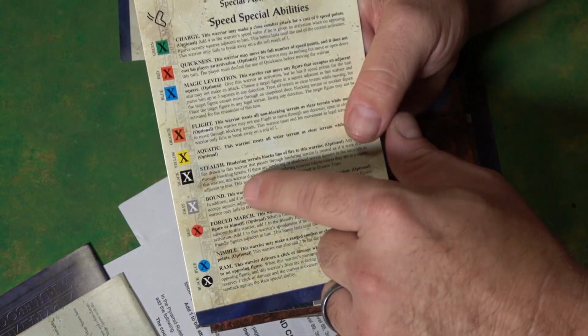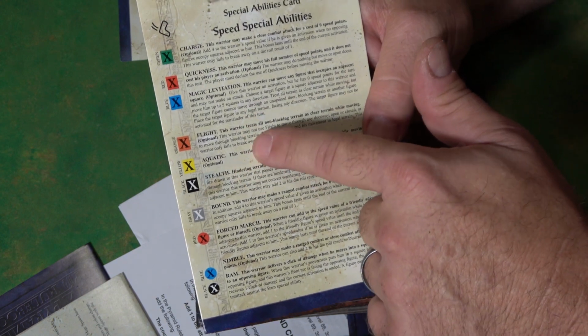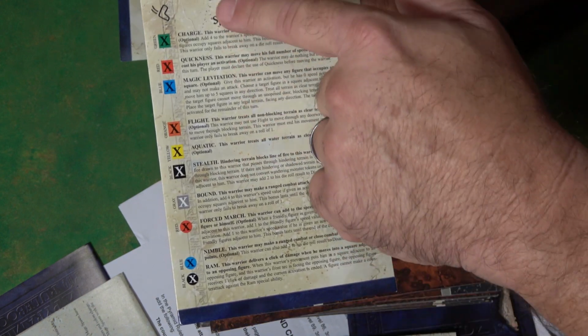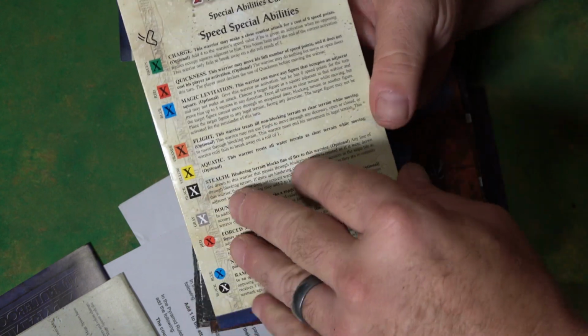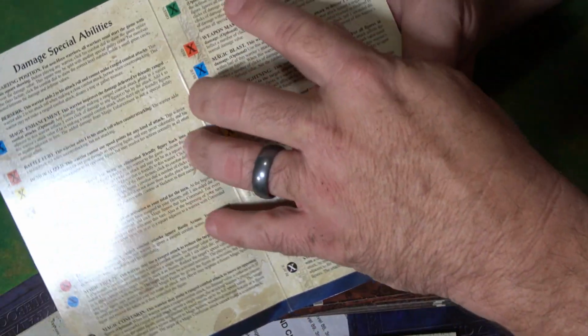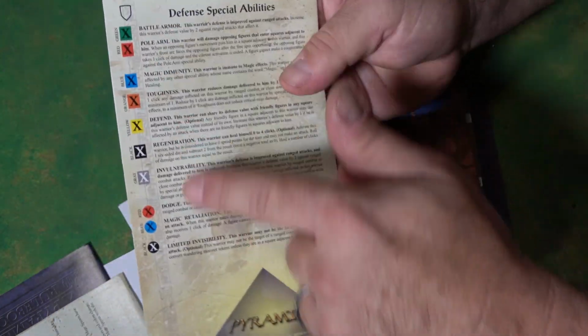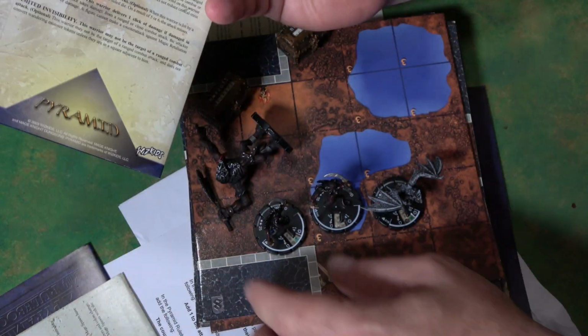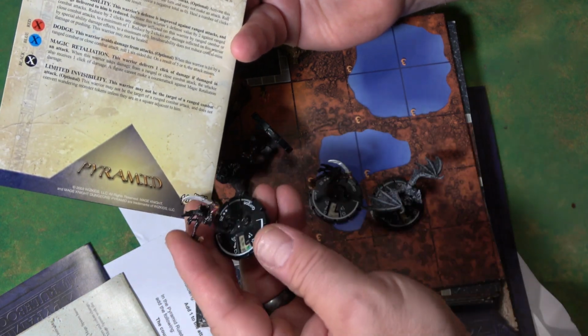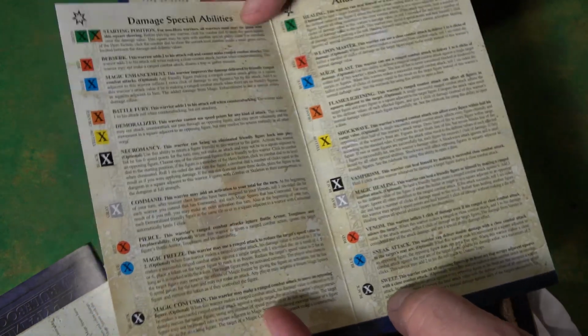There were certain abilities that were rounded or X, like some things had flight, aquatic, stealth, charge, quickness, and there's more stuff in here. On attack damage, if it was green, what it would mean. So there were just tons of things. If you had any of these symbols on your defensive, for instance here, this is an attack value. It's green. So what does that mean? On an attack value green,